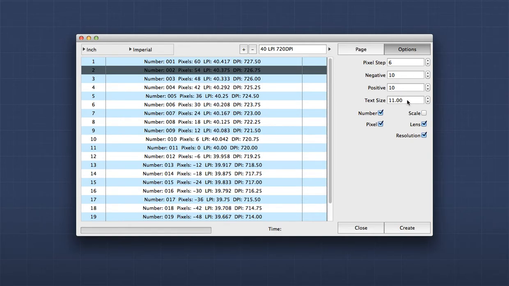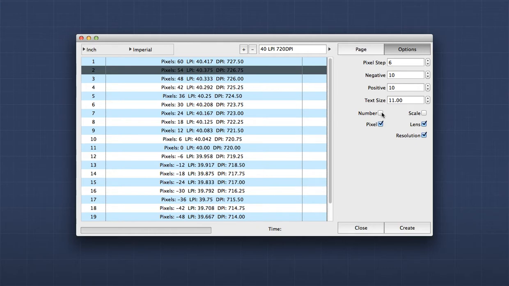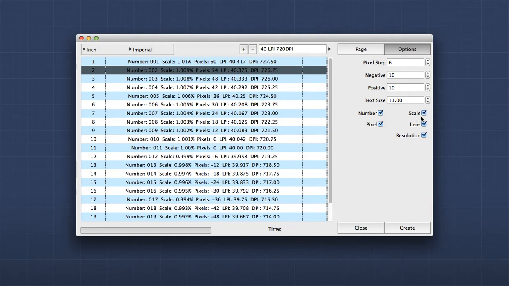The text size is how big your text is going to be, and the checkboxes here allow you to add or remove information from each strip, so that you can have just the information you want on each strip. So now that we have gone over these options, let's go ahead and hit the Create button,